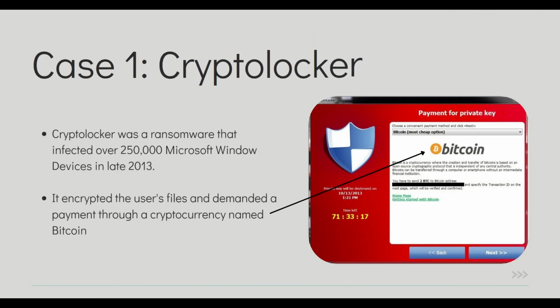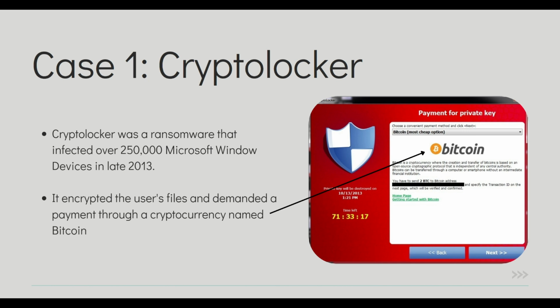The first scenario is the CryptoLocker case that refers to a notorious ransomware attack that began in September 2013. CryptoLocker was primarily spread through malicious email attachments and links. CryptoLocker was a type of malware that, once it infected a victim's computer, encrypted the files on that computer. The victim would then receive a ransom demand, typically in Bitcoin, to pay in exchange for the decryption key needed